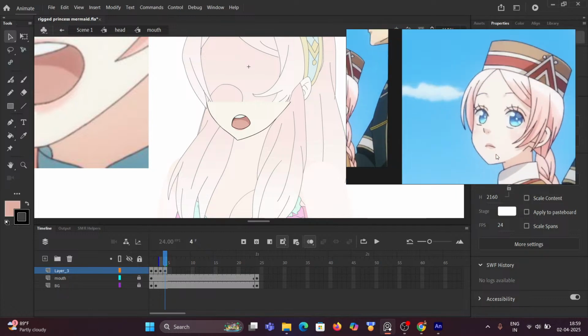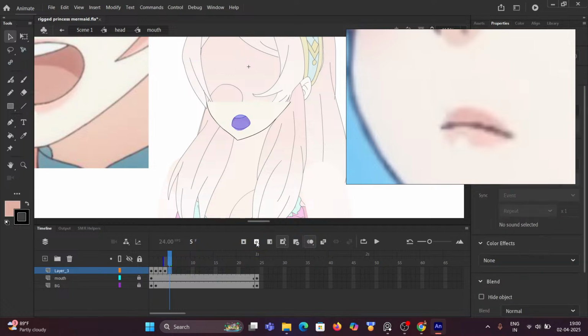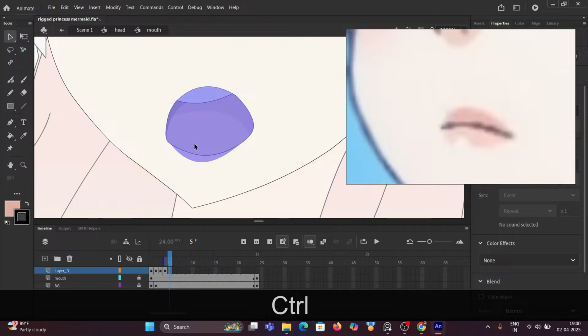So first we need to start from this shape. Let me add some keyframe. So I will insert a blank keyframe right now, and we can start